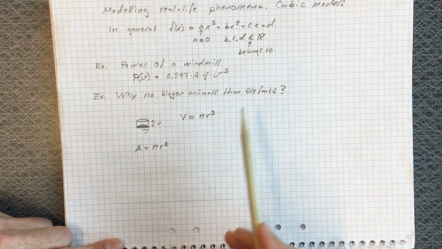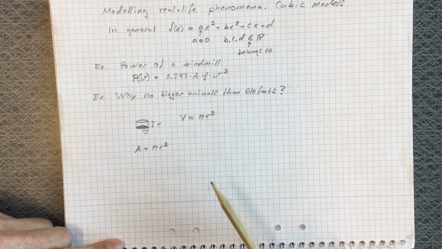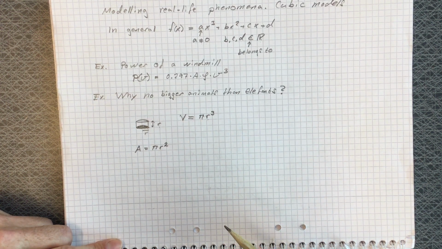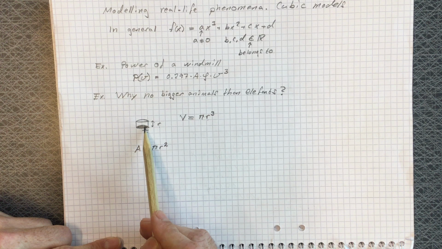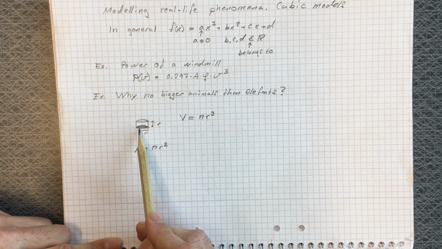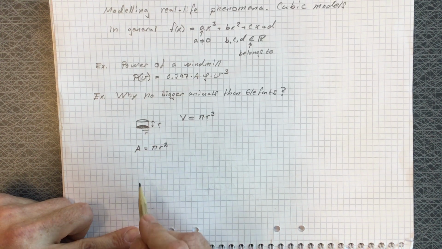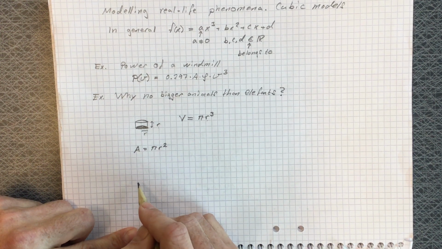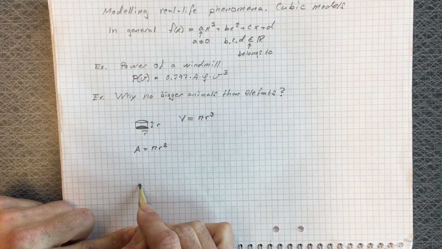The headline for today's lesson: the volume depends on the radius when you cube it, like this. Now, why no bigger animals than elephants? So if this is the bone inside an elephant or an animal, it could also be the animal itself. But let's see what's happening if we double the length of the animal. So I will draw a cylinder,